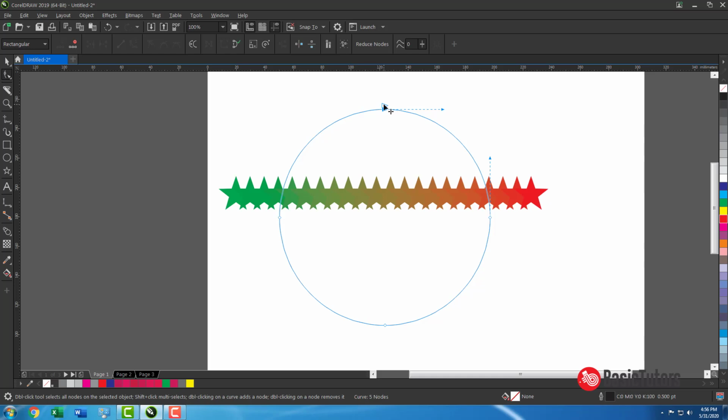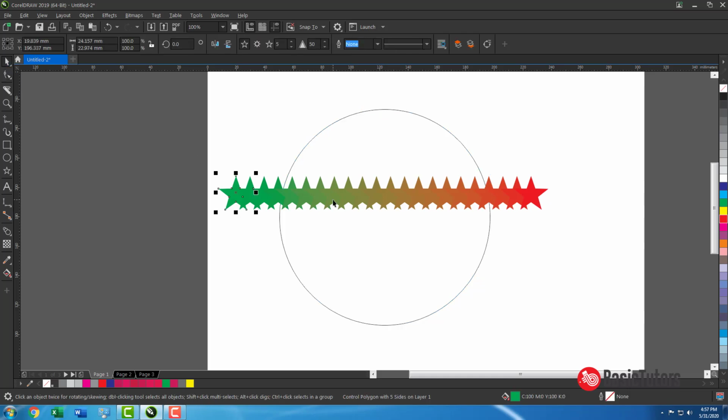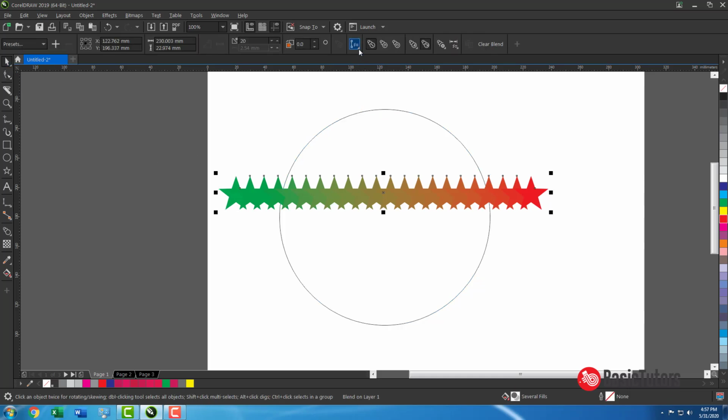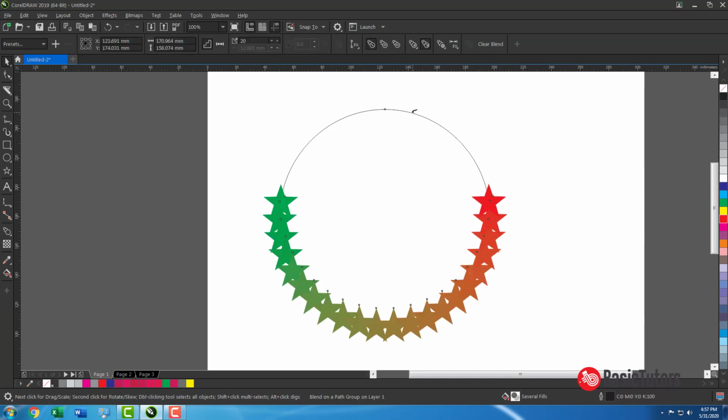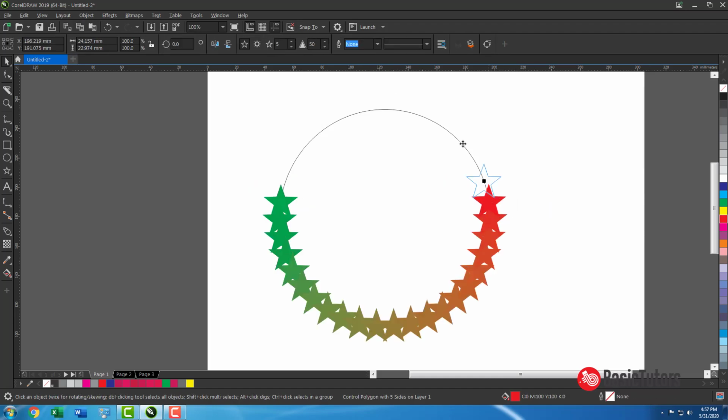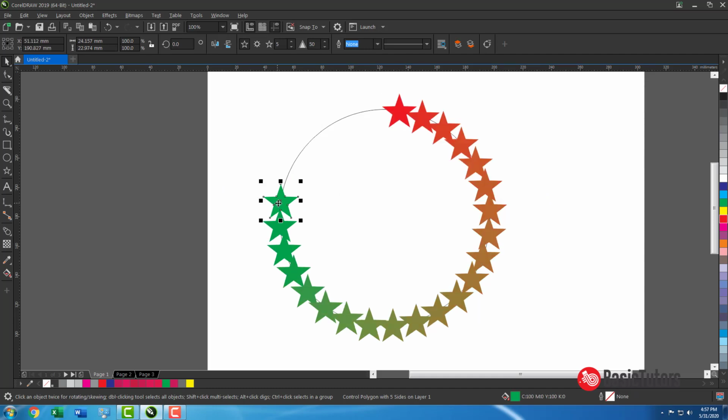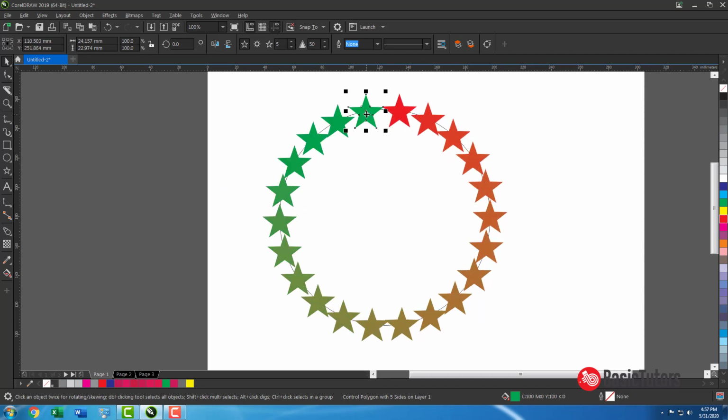If it is a normal ellipse, there is no starting and ending point. Infinite thing will be there. Suppose if you break, you can get a starting point and ending point. Now I select the blend and click this new path and select this as a path. What will happen? See, start from here and ended here.